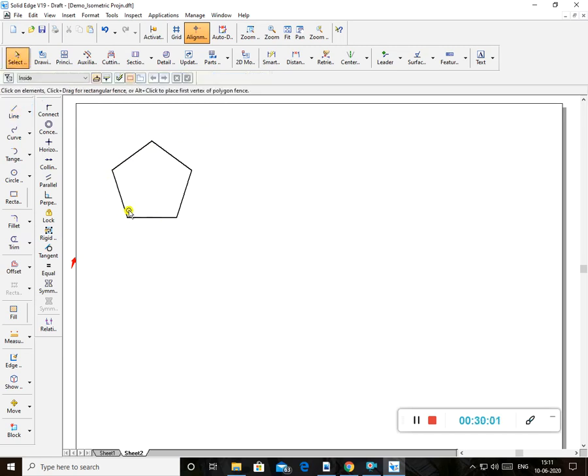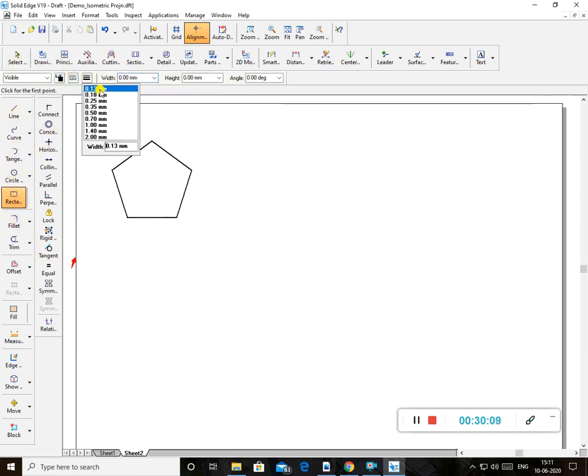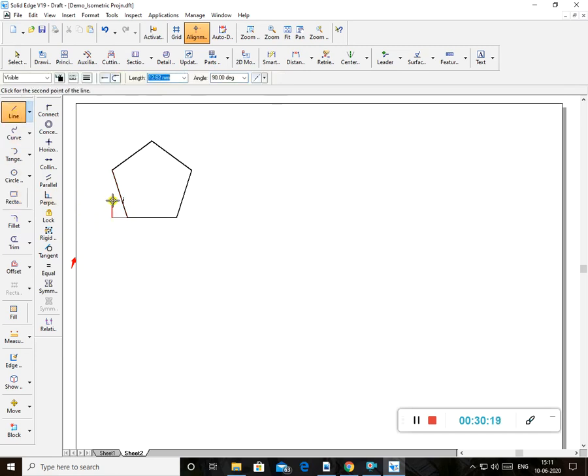Now for this pentagon I will make a box. How to make the box here? Just draw thin lines to inscribe this one. See, I will draw the line here, and a line here. You can utilize the alignment indicator. When you are doing it manually, you have to draw the box like this, which is very easy. Okay.